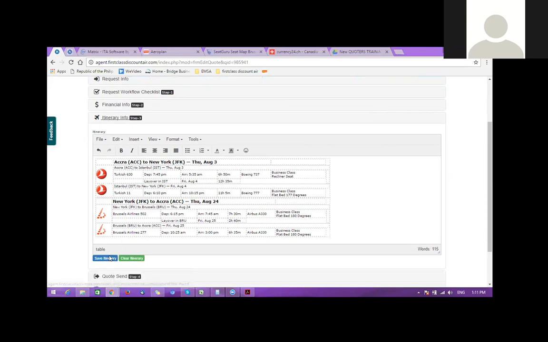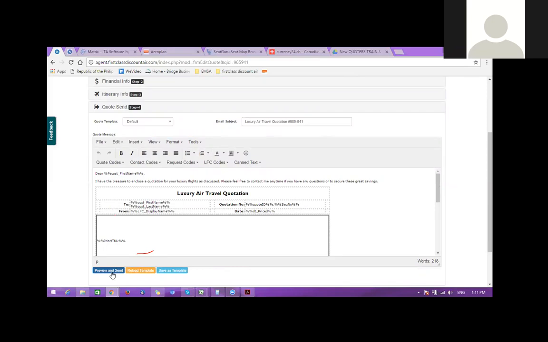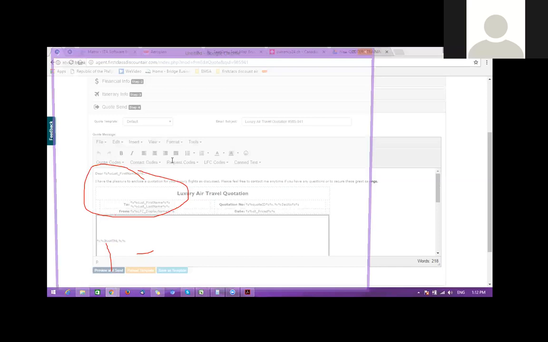And when you send it, go down to quote send. And when you see this complicated screen with all these percentages, you do nothing. Don't change this, don't touch it, but instead go down here to preview and send that one. And when this pops up,